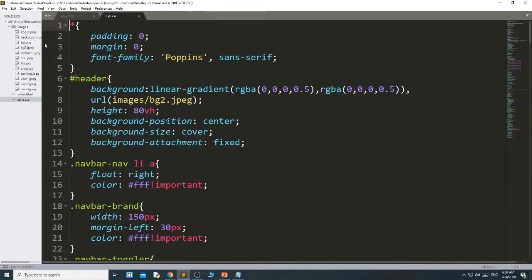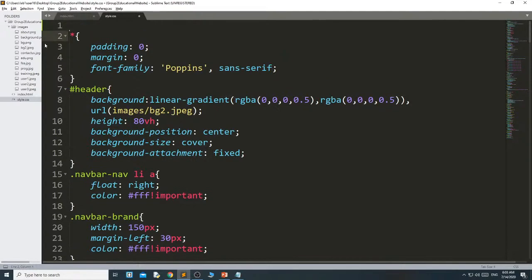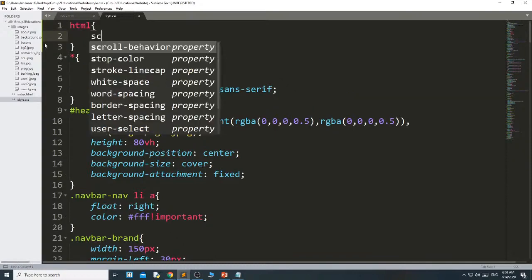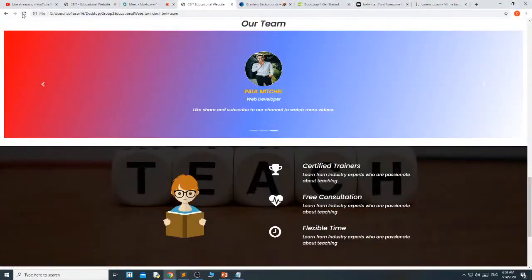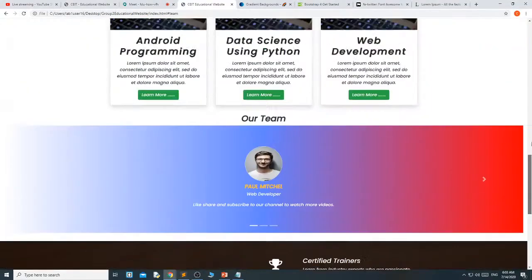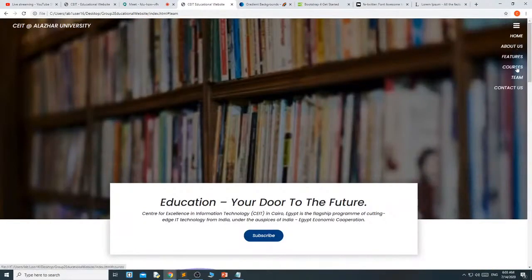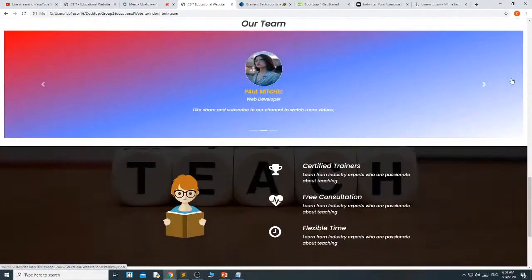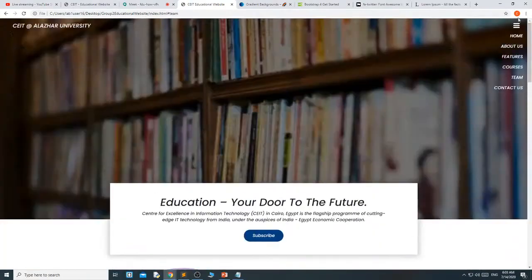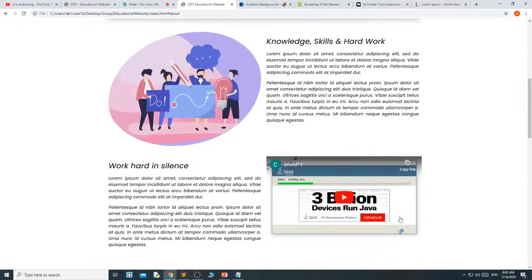Okay, at the beginning means before this star. What style can you apply? HTML scroll behavior. Scroll behavior will be smooth. Okay, once you apply this style, now you can see, suppose I click courses, now it does not go directly. This is the smooth scrolling behavior of HTML.